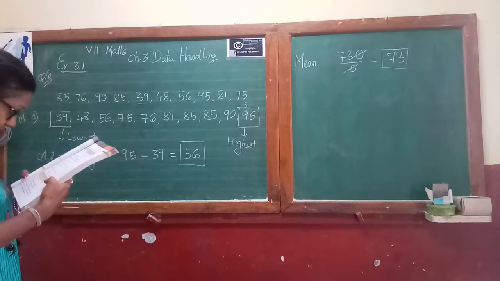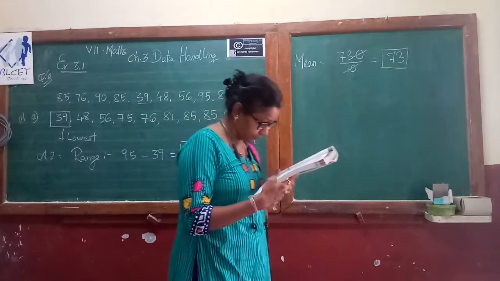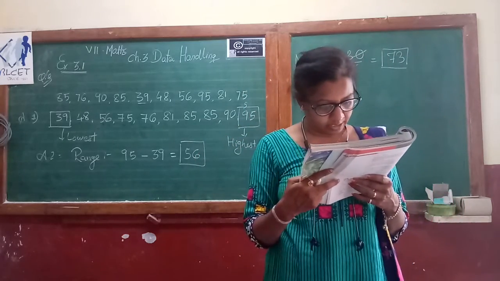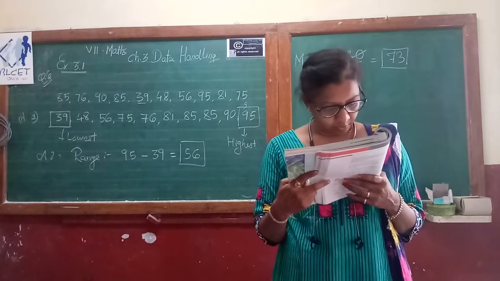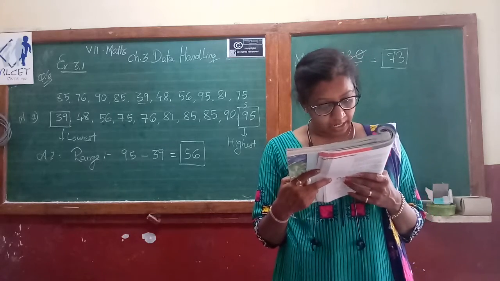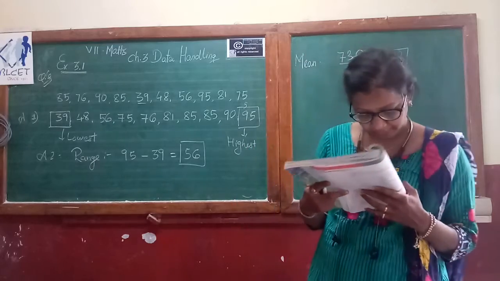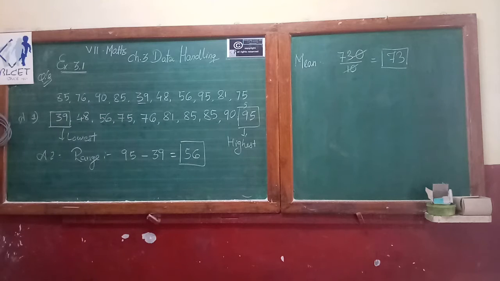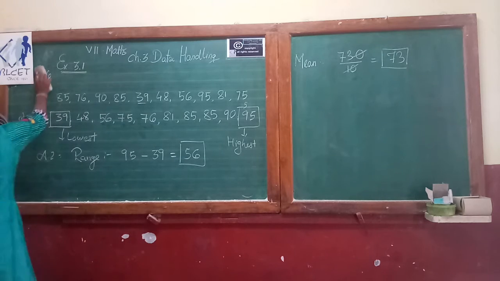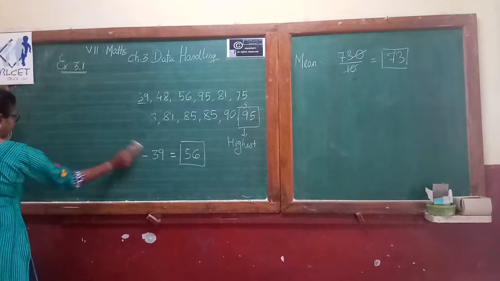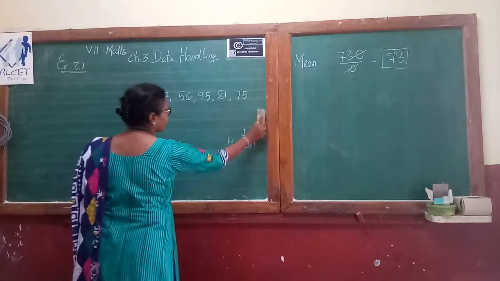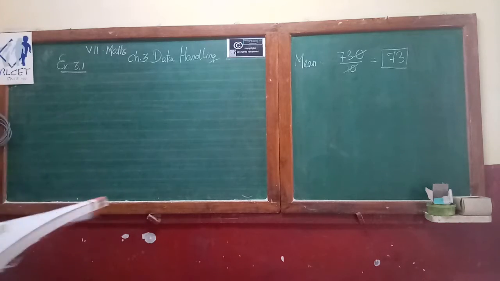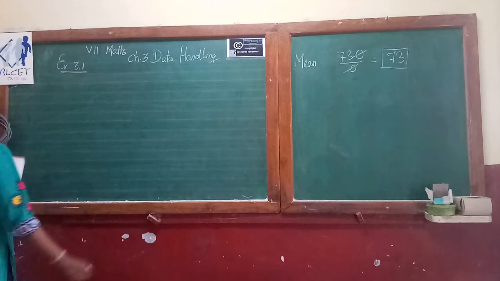Question number 7. The enrollment in a school during 6 consecutive years was as follows. Find the mean enrollment of the school for this period. So let's see how to find this mean. Consecutive means the difference between two observations is constant. If you take any two observations and find the difference, it will remain constant. So that is the meaning of